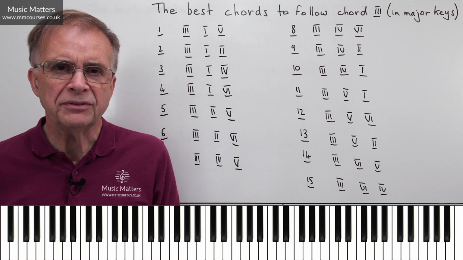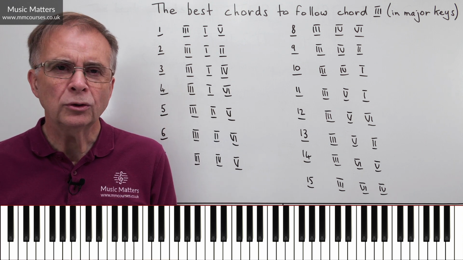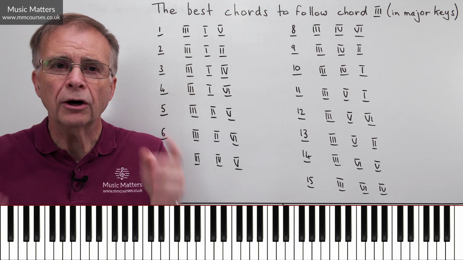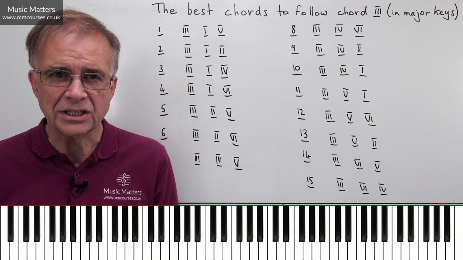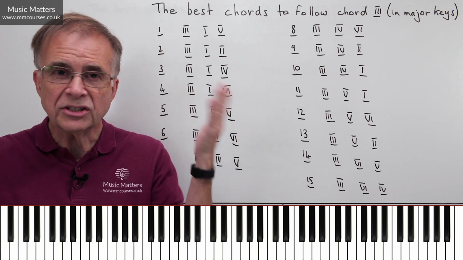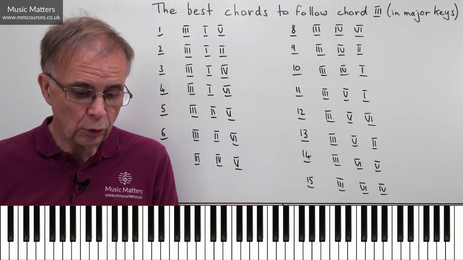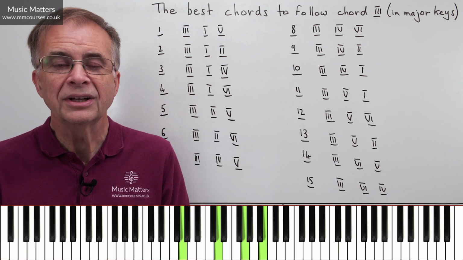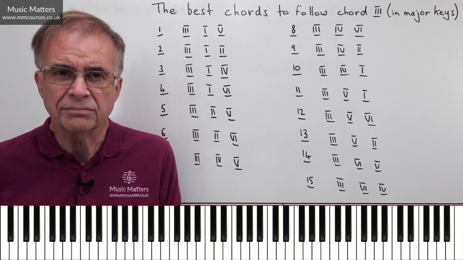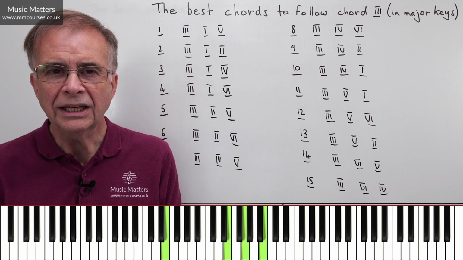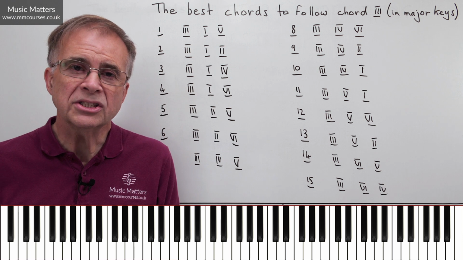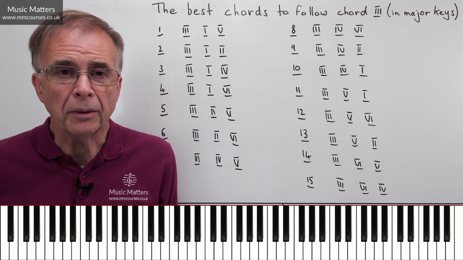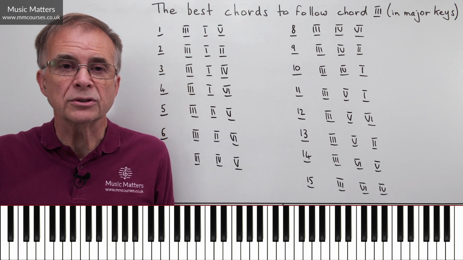So what we're doing in this video is starting with chord 3. Now, it's a very interesting chord because it's often a chord that people avoid. We have in our system of chords things that we call primary chords. So 1, 4, and 5 are the primary chords. Things like 2, 3, and 6 are the secondary chords. So we're probably going to use more primary chords than secondary chords, as the title suggests.